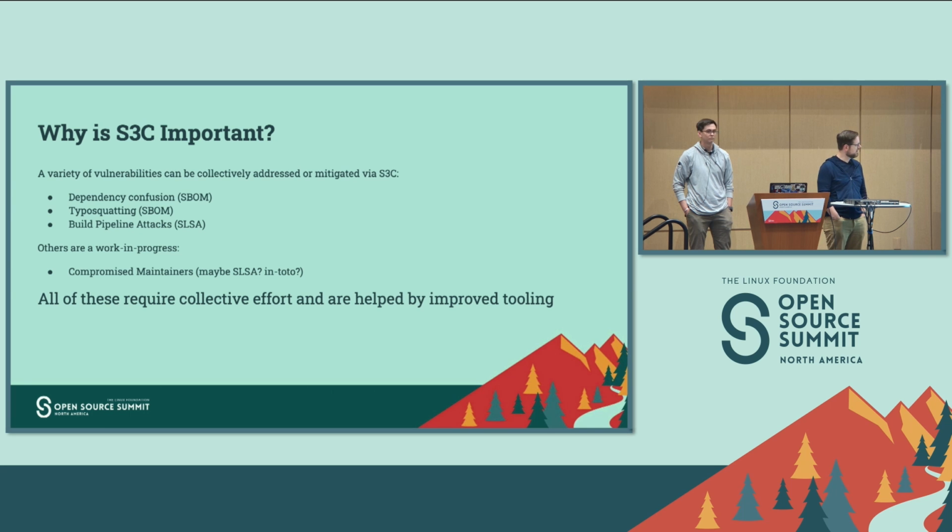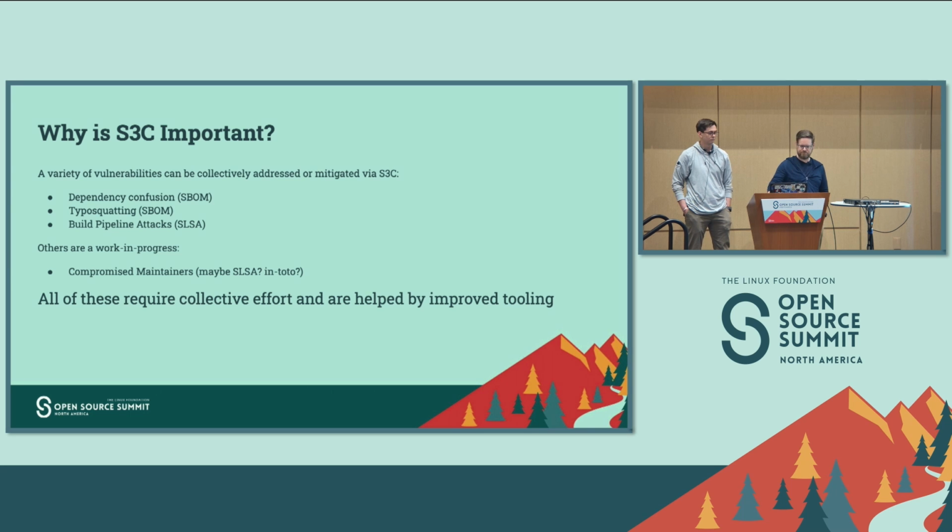And they will inject malicious software into anyone's supply chain who happens to accidentally fat finger a dependency name and download the wrong thing. Build pipeline attacks would involve things like messing with build agents and so forth. So there's a lot of vectors for attack in the software supply chain. And in order for us to mitigate these vectors, we all have to work together collectively, or that we believe is the best way